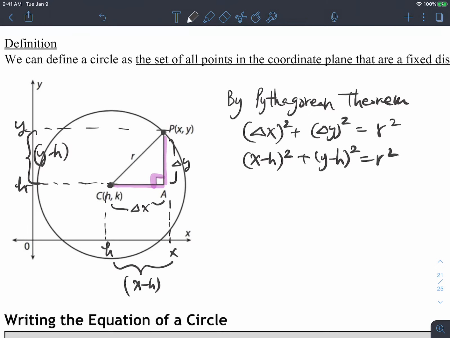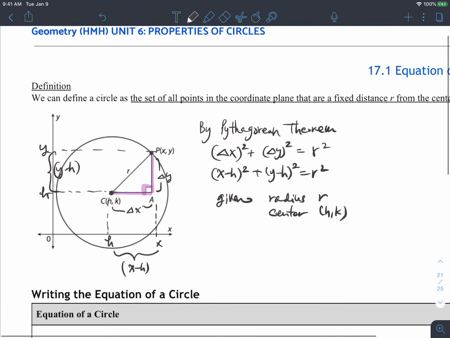From here, we're given information: the radius r, and the center coordinate (h, k). What I find kind of interesting when I first learned this as a student, right, is that we're defining